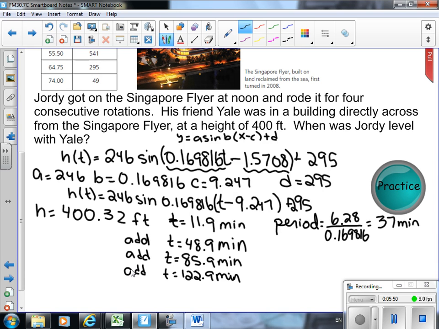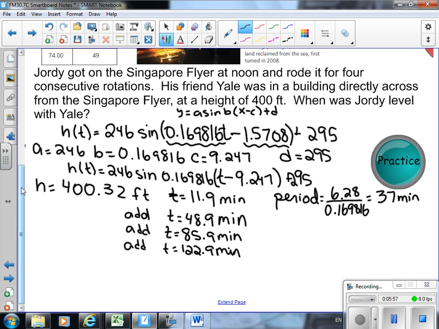So when he's coming down, he's actually going to be at 400 feet as well. So we need to do the same thing now for the curve coming down. So now on the decreasing side of the first curve, you're going to find h of 400, or as close as you can, and I got 400.32 again. So at that point, T was equal to